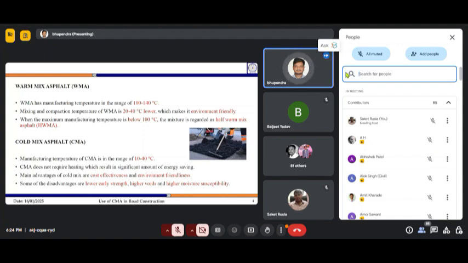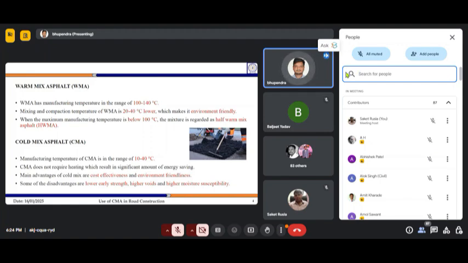Now, one question may come to our mind: when it has so many environmental and economic benefits, then why are we not using this cold mix asphalt technology? The reason behind practitioners not being excited about using cold mix asphalt technology is the lower strength of cold mix asphalt.